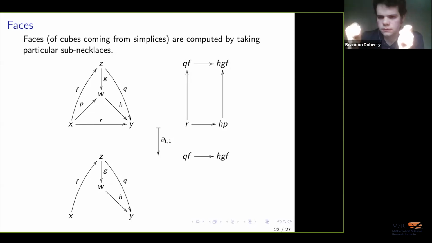And so the way that we compute the one faces, like d_1 of this, as we have here, is a little bit more complicated. It essentially looks at a particular vertex and then takes the maximal subnecklace having that vertex as one of its joins. So in this case, we did that with the vertex Z, as you can see here. So we have this subnecklace of that simplex, where we got the edge from X to Z, and then this 2-simplex,